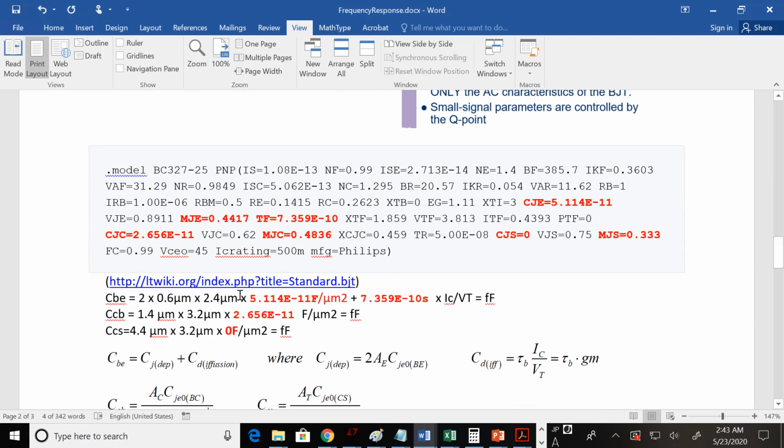You come down here and look at the equation. There's your 0.6 times 2.4, and there's the 2 that's out in front, and then you have to multiply that by the zero bias CJE right here. Okay. And then plus, you've got the transit time, which is your TF right here, times your GM, which is IC over VT. And it's generally femtofarads or picofarads. And then to find the capacitance between the collector and the base, you have the area of